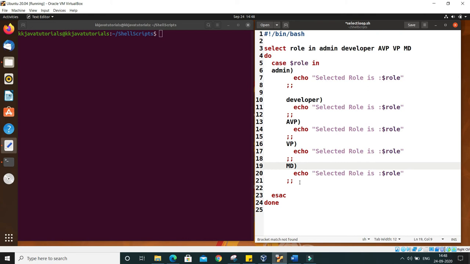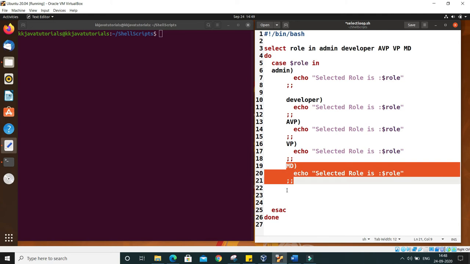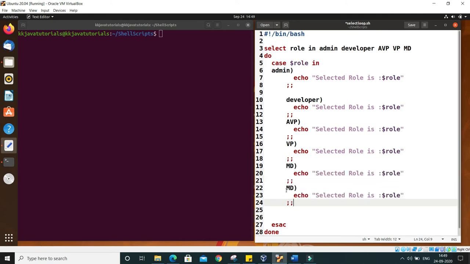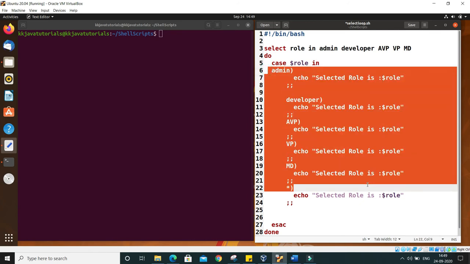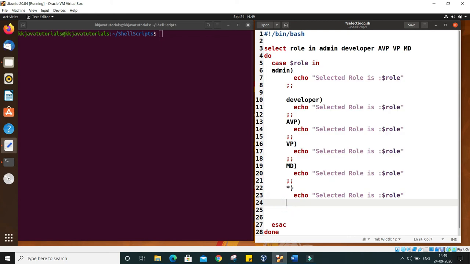And of course don't forget to map the default value as well. If the user tries to give an option other than these options, then we have to provide some kind of guideline to the user, something like select a proper option.